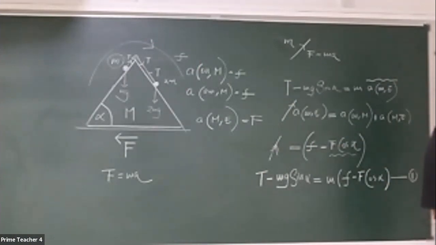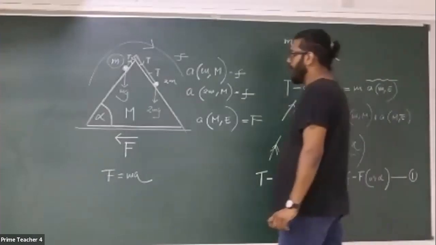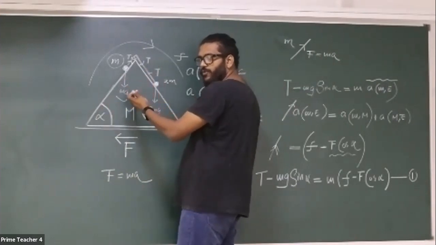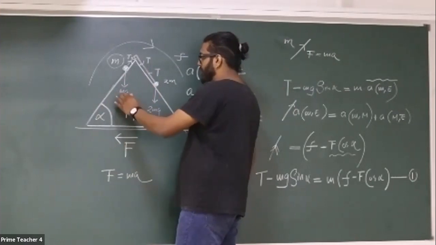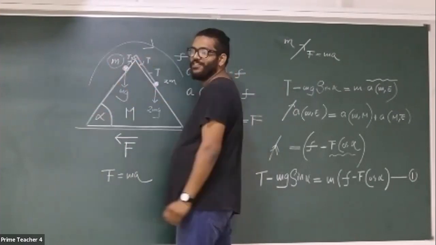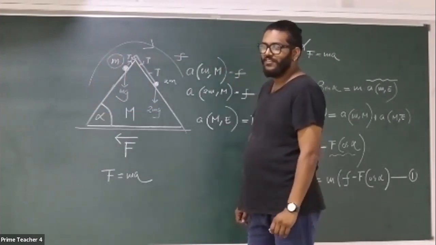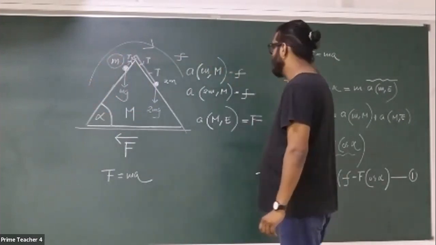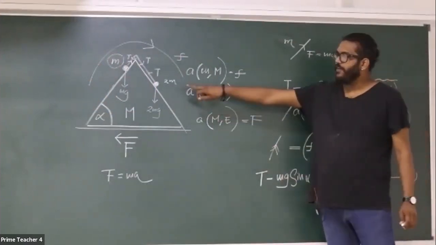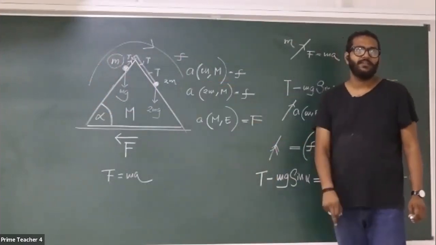Upwards, there will be 0. Yeah, but you shouldn't take upwards, right? Because now there's no upward motion, there's a slanted move. Yeah, I get you. But normally we apply F equals ma along the direction of the motion, right? Otherwise, it will be non-realistic. Get into this and then apply F equals ma for this.